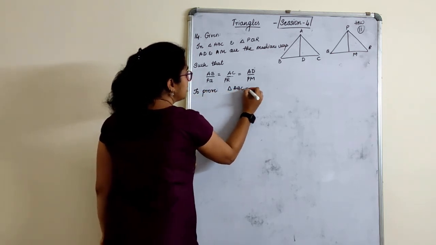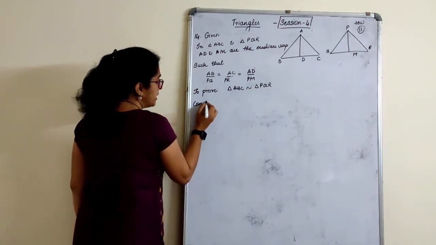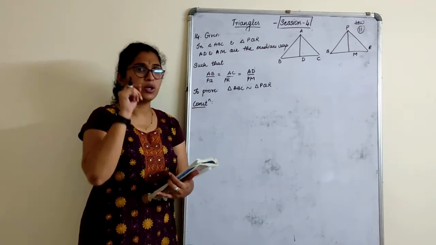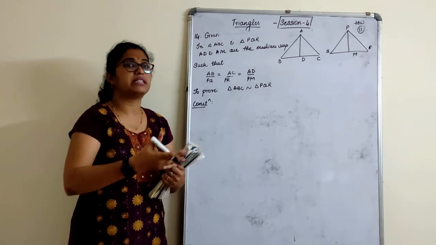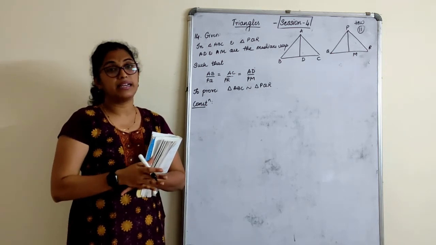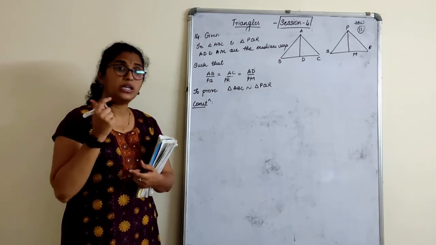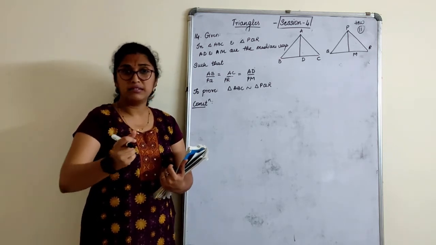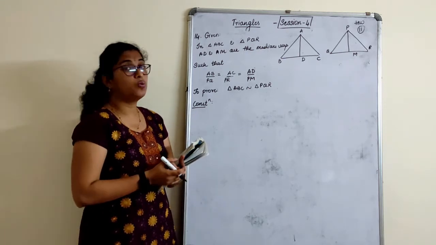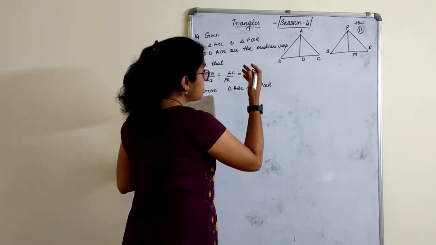Triangle ABC is similar to triangle PQR. This cannot be done directly without any construction. Now, every time the question comes, how should we know, teacher, there should be a construction? How should we know that we have to give an approach to this sum? I will repeat the same thing again and again, it comes by practice. By practicing numerous worked examples, exercises, assignments, wherever you come across triangles chapter, some extra questions, you will come to know how to give an approach to the sum. So, what should be the construction?